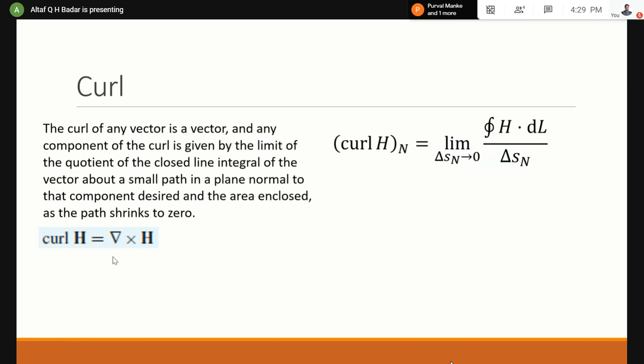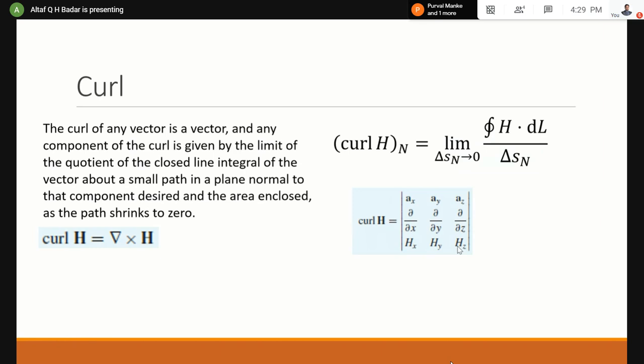Okay. And then another representation for it is how do we calculate it, because cross is given like this. So del, you already know, this is how it happens. The problem will come up if you go for any other coordinate system. If it is a rho, a phi, a z, then this will also change. If you go for AR, A theta, A phi, again this will change. So the second line is very important here. These are nothing but the coefficients of the vector that we are considering for the curl.